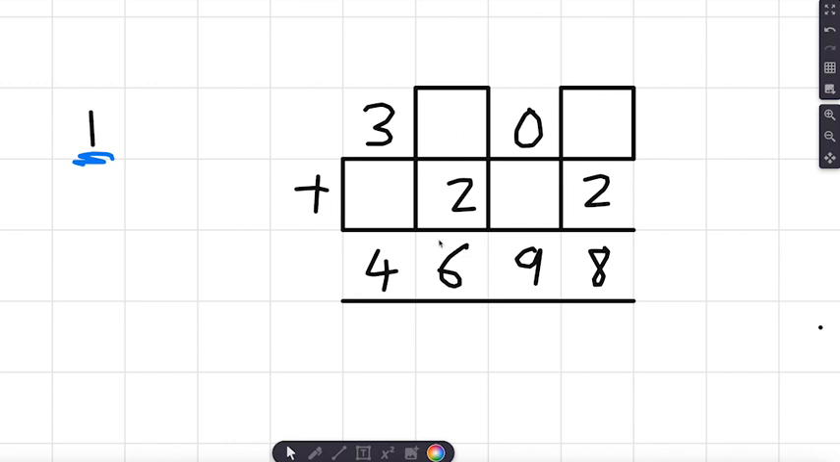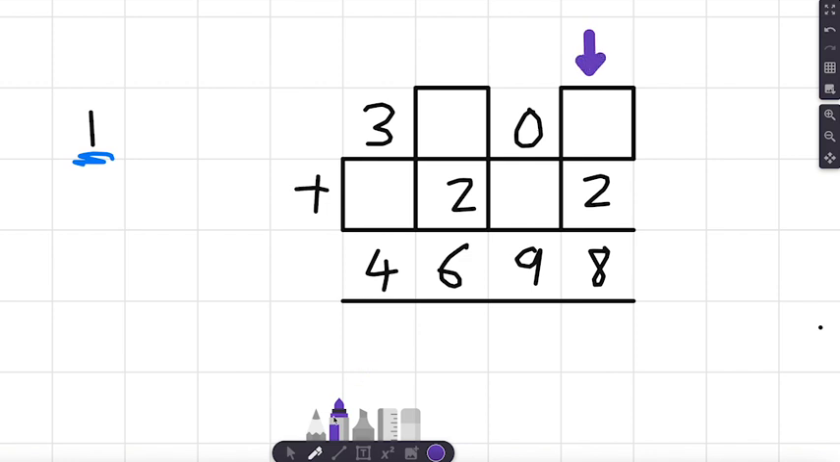and you can see we've got this 4-digit number with some missing digits, and another one underneath with some more missing digits, and we have our answer of 4,698. So how could we tackle this one to fill in the answers? Well, I can see that in the units, and I'm going to start with the units column